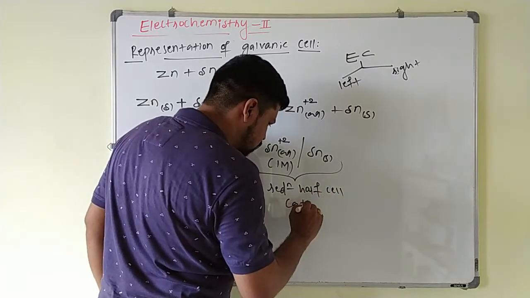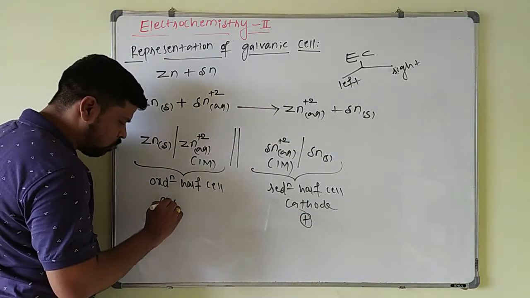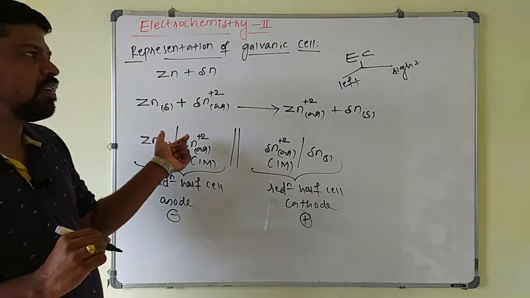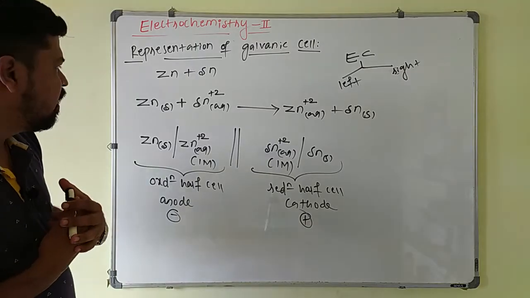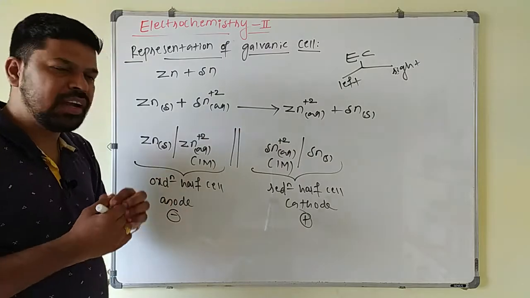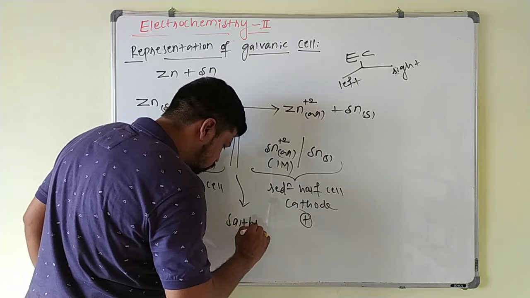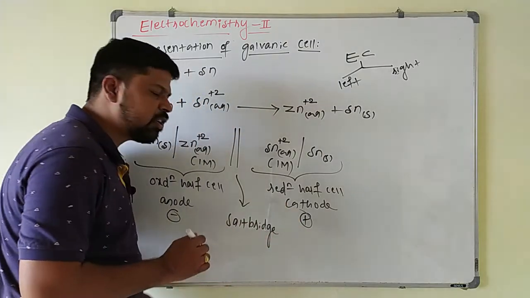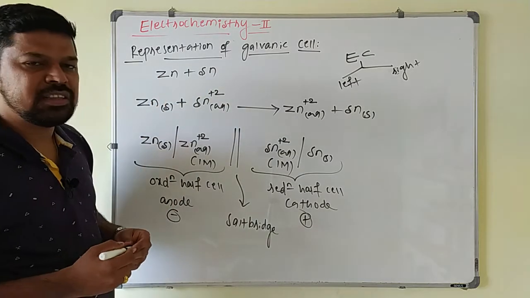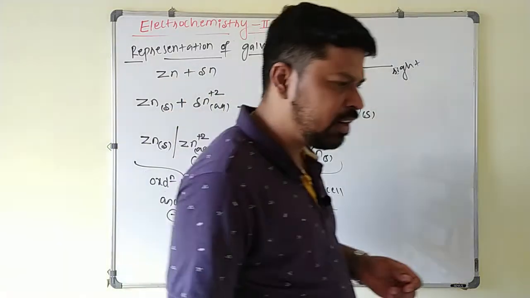It is acting as a cathode. Cathode is positive here, and this will be acting as anode, and this anode is what? Negative here. So this is how you can represent a different galvanic cell by considering oxidation half cell and reduction half cell. Between these two, just you put a double vertical line, which is your salt bridge. A simple trick is, first you have to identify which metal is undergoing oxidation and which is undergoing reduction. So reduction half cell is right hand side, oxidation half cell is left hand side. So the next example you can write.